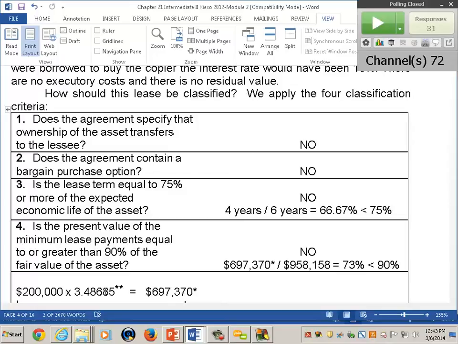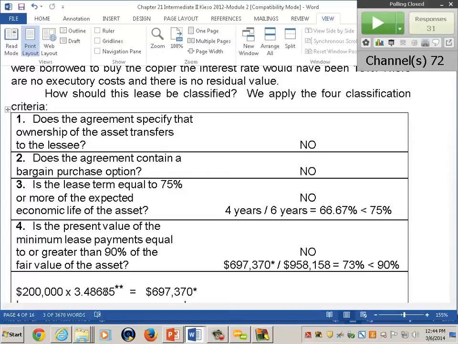Now, if it's IFRS, it's a capital lease. Under IFRS, bargain renewals could lead you to believe it's a capital lease. Here, you'd have to test it. You'd have to make sure you test. So, for example, if the bargain renewal was for 2 years, then yes, bargain renewal. If it was for 1 more year, this becomes a 5-year lease. If it's for 2 more years, it becomes a 6-year lease.